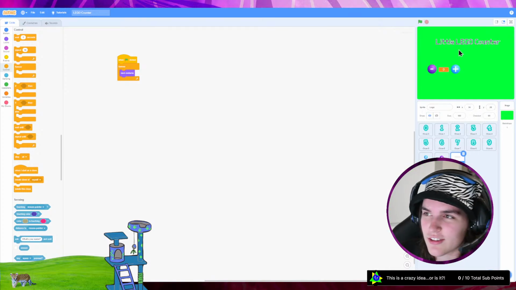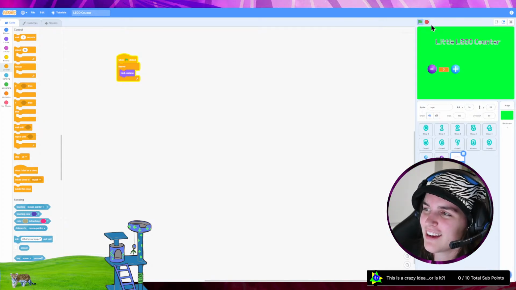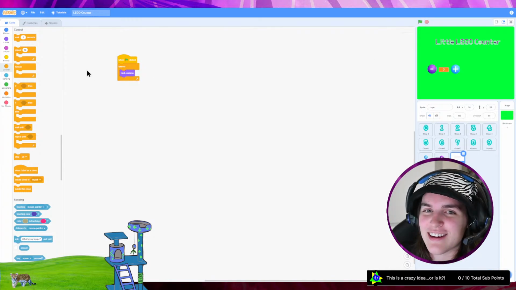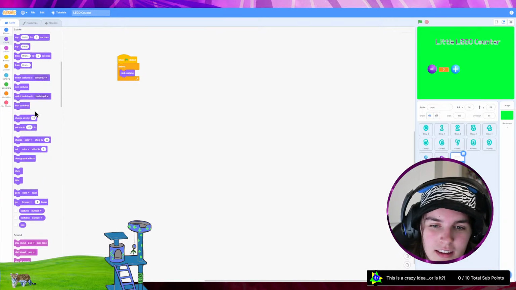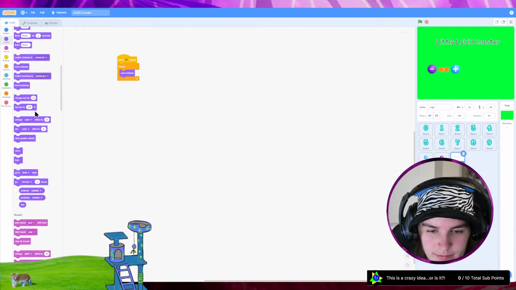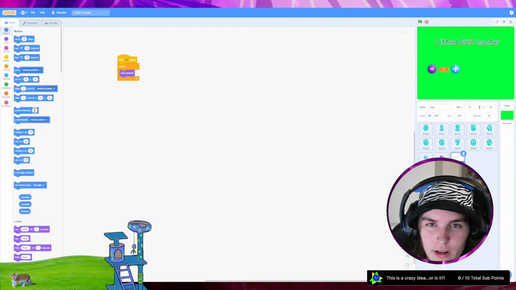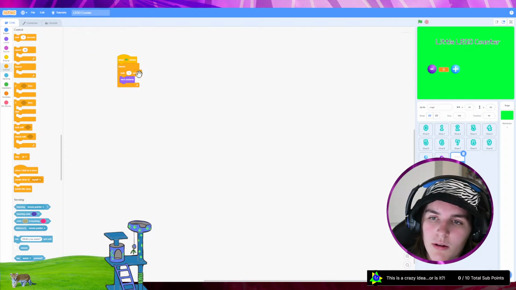Oh my gosh. Okay, so if I click on the green flag, that's a fun little animation, but notice how kind of glitchy it is. I kind of want it to be just not as fast. So I'm going to go ahead and just go into my, actually, what am I going into? I'm trying to look for a wait. Was it in control? Yes, it was. Okay, it's in control. I'm going to have it wait 1 second.